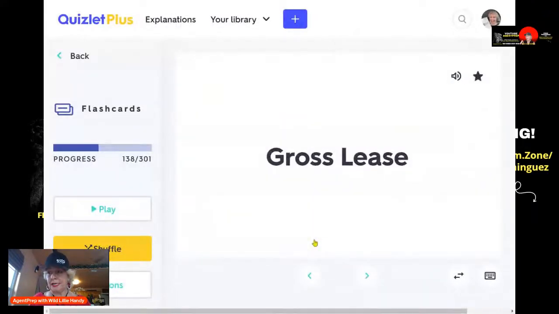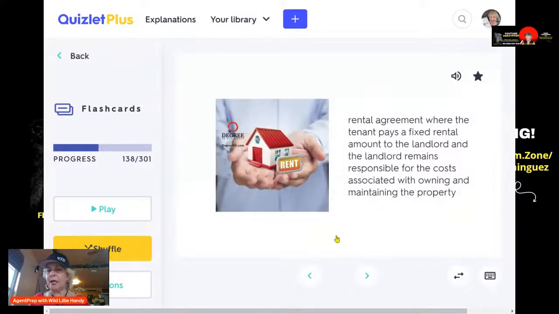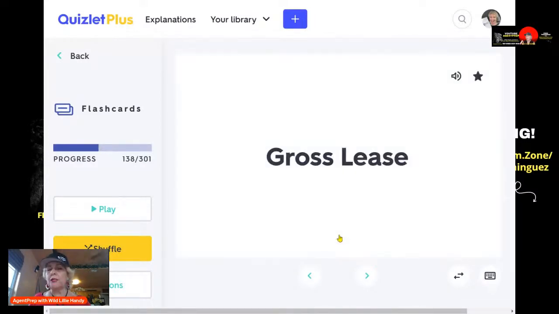A gross lease. So what is a gross lease? It's the full price, kind of when you get paid a salary or a gross commission, or when you're paying your income tax, you have your gross income minus all the expenses, then it's net. Well, this tenant is paying a fixed rent, but it covers the costs for the owner to pay for the taxes, the insurance, repairs. So it's called a gross lease.